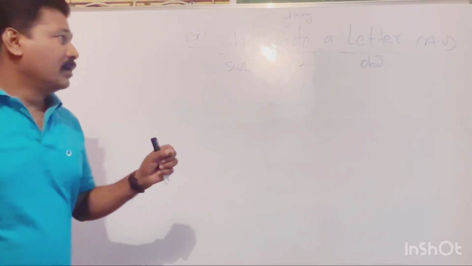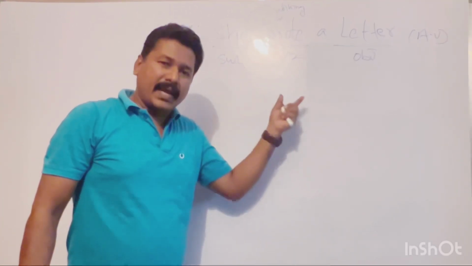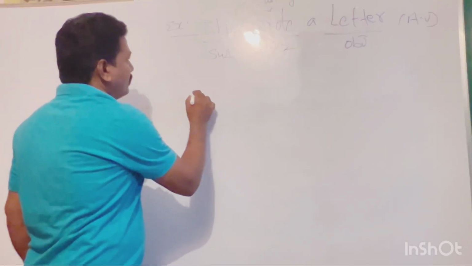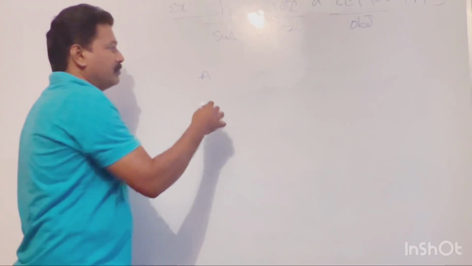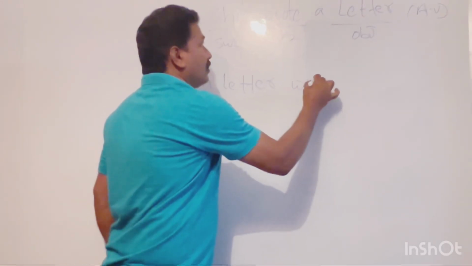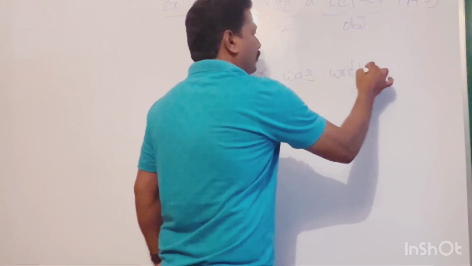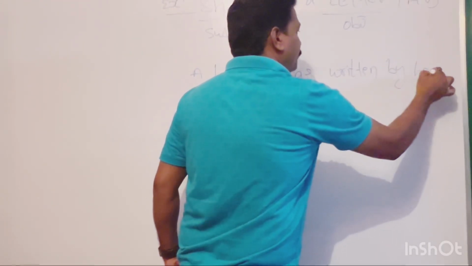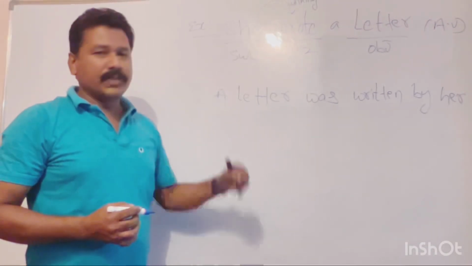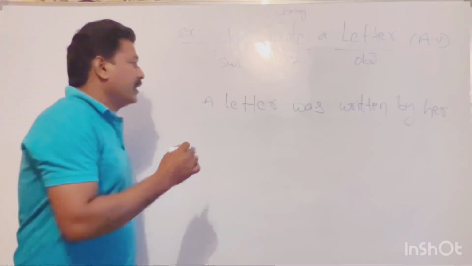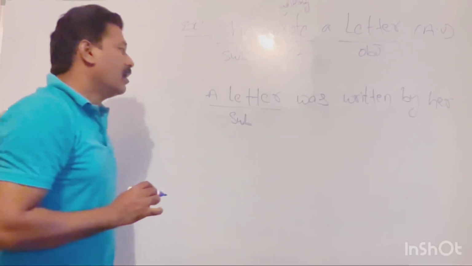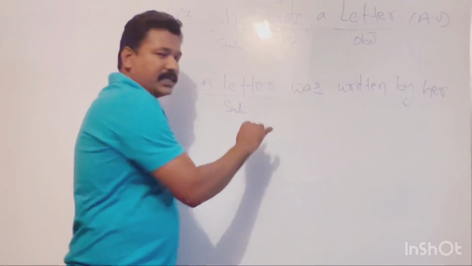Now let us see how to change a sentence from active voice to passive voice. This will be like this after changing: a letter was written by her. So this will be the passive voice for the given sentence, She wrote a letter. Now let us see how it is a passive voice. Here in the subject place, letter is there, and here the letter was written, but